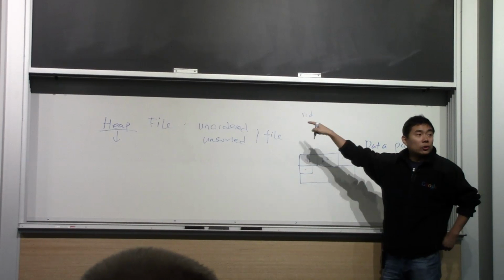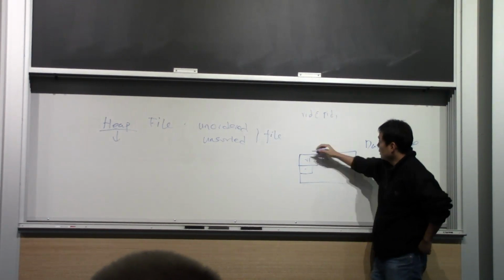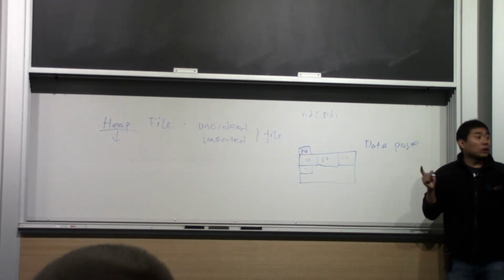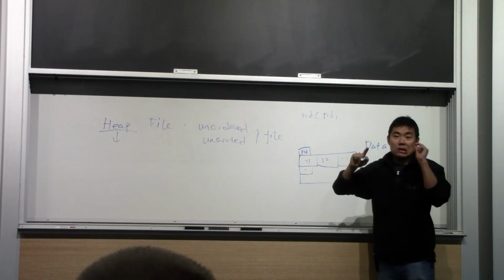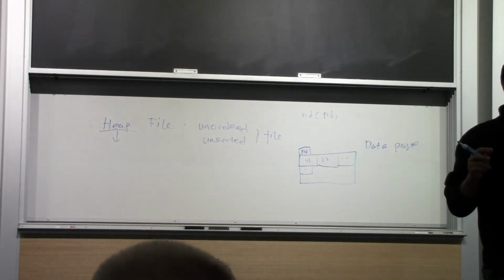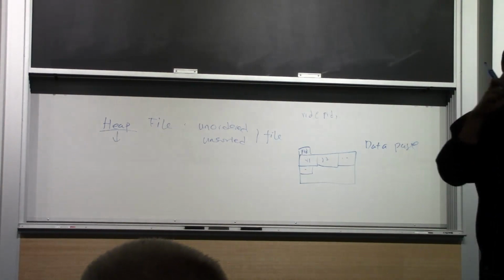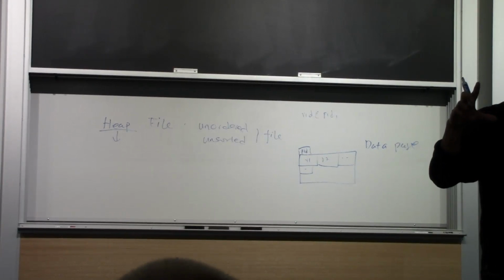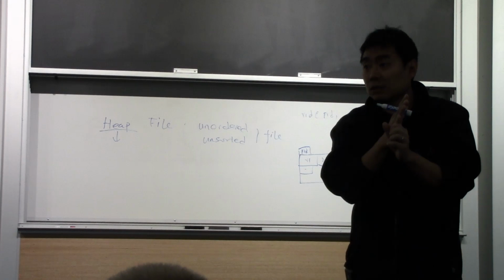So how do you construct a record ID? A record ID is composed of a page ID. This page has a page ID value. Each page has a unique identifier, right? So the record ID must have a page ID value, which tells you which page hosts this particular record. But that itself is not enough, because it only tells you that you can find this record from this particular page. It doesn't tell you where on this page this record is located. Does that make sense?